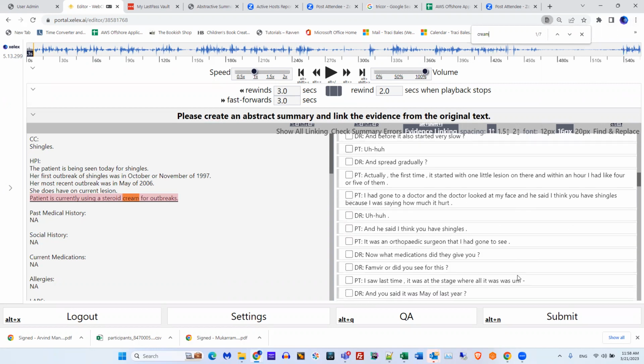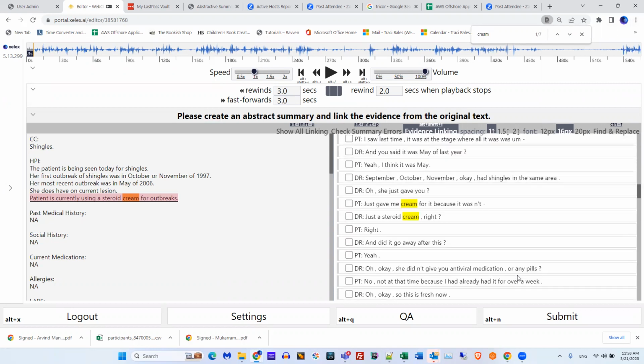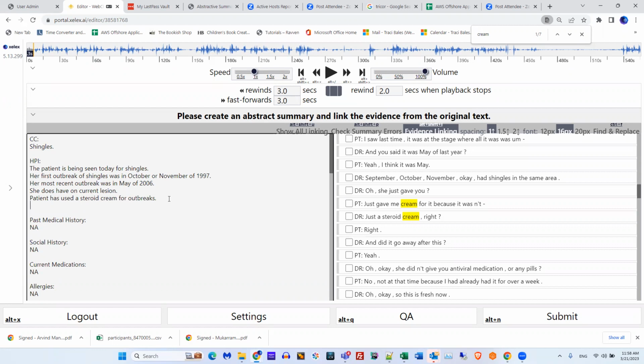Let's see if I can find that. Has used. So the patient has used steroid creams in the past. Okay. Next line. Let's see. She does not.